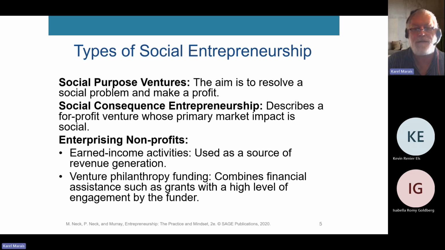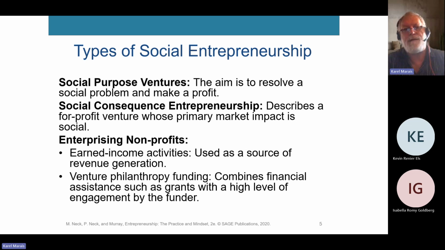Then we have the enterprising non-profits. Now, enterprising non-profits are people who are using income-making activities. So they're actually generating an income in the traditional way that traditional entrepreneurs do, except that they're addressing a problem and making money to get more money to start addressing more. There's guys out there, and I think that's an example in the textbook as well, I'm not sure. They are named 4 Oceans.